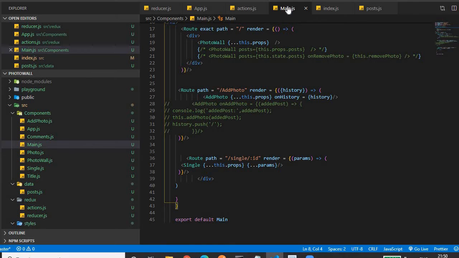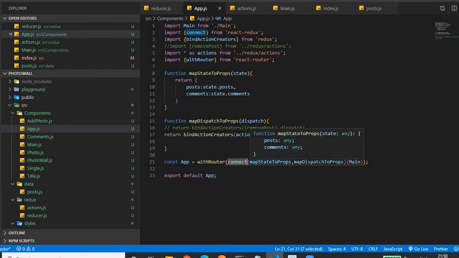As it is connected, we have connected the store to the main component using these two parameters. These are the two props. We can get the state by using these two props. The posts prop contains the post state and the comments prop contains the comment state.